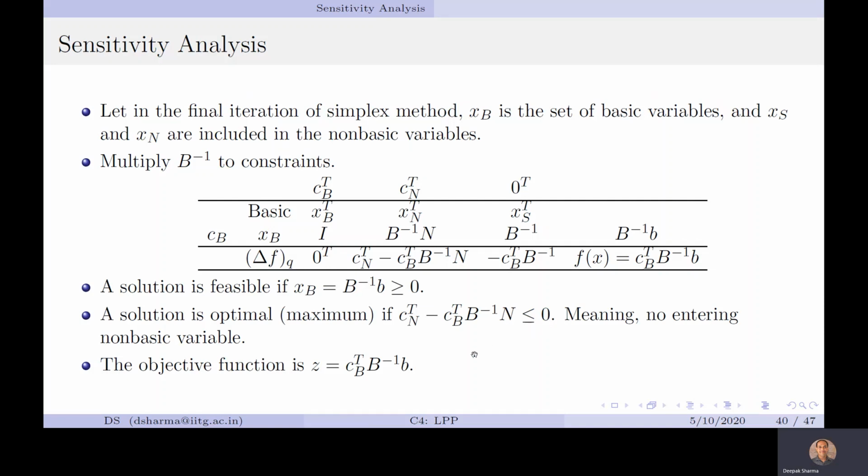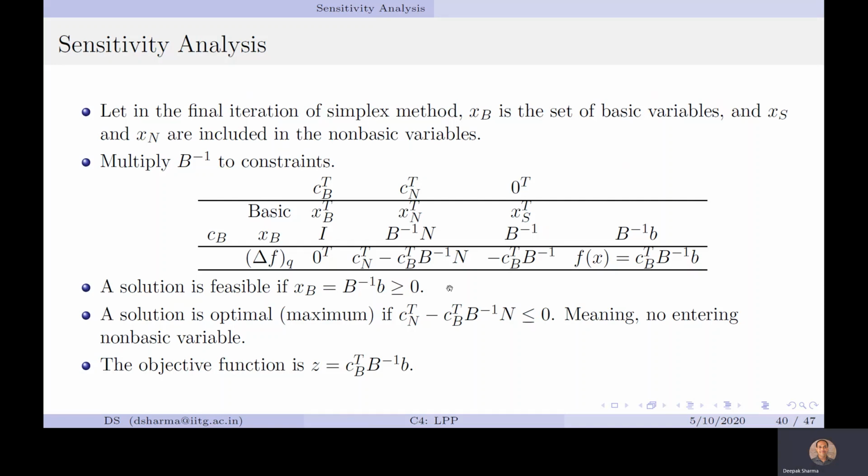Now, the condition is, if I'm going to find the basic solution, I'm making XB a basic solution, so this should be feasible. In that case, XB is equal to B inverse b. As you remember, that is the second column and the right hand side column. So XB is B inverse b. This is the solution, and it should be greater than or equal to 0. If it is, non-negativity is satisfied.